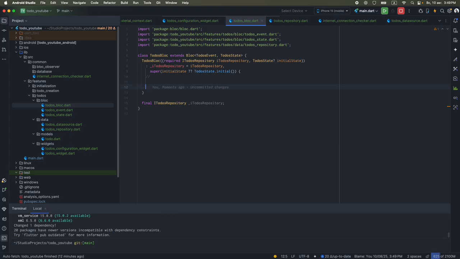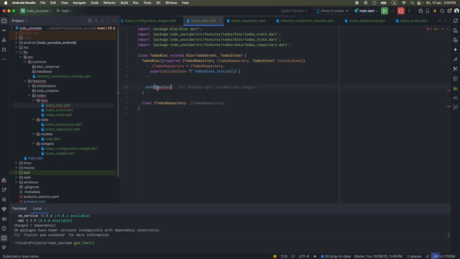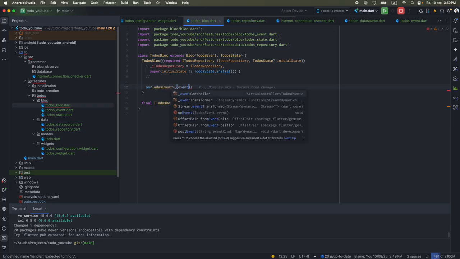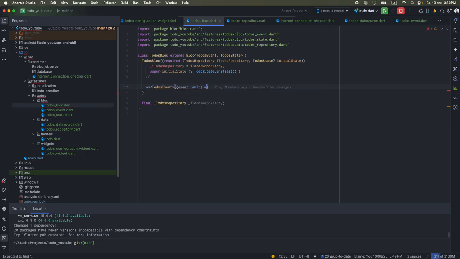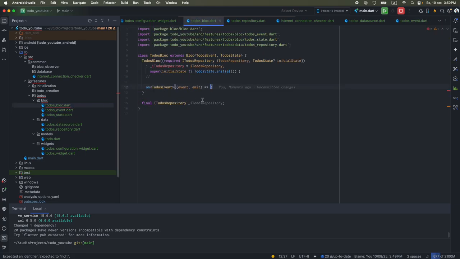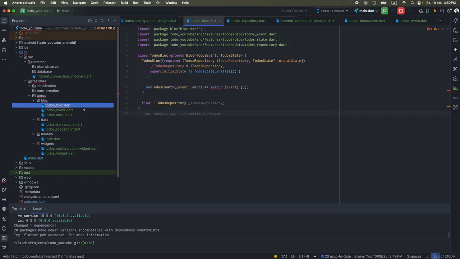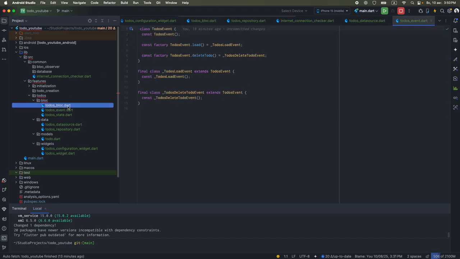So when we added that, we can grab our to-dos event, put it on and say event init. And as I said, the sealed classes will help us to work with switch cases, like this one, switch event. You see that it's notifying us that you haven't added specific cases. For example, it's saying you're missing some cases. But if we remove the sealed class from here,